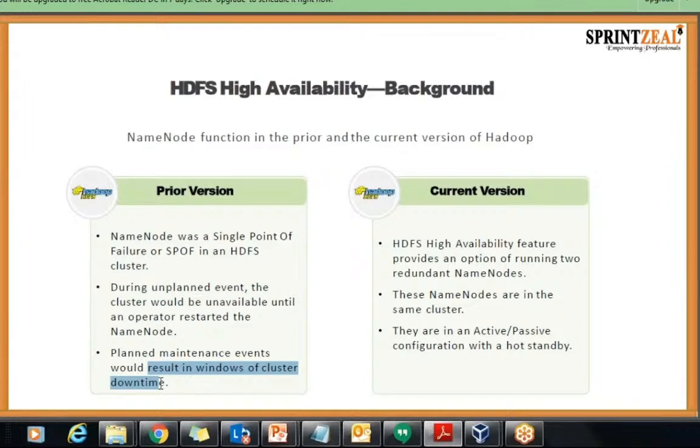To overcome all of these things, there is the concept of high availability and active passive configuration. Once we have these two features, it means there is no downtime of the cluster now. Any upgrades, patches, or maintenance windows don't need a cluster shutdown. And it gives a 24 by 7 always running cluster, which is the current version of Hadoop that we are going